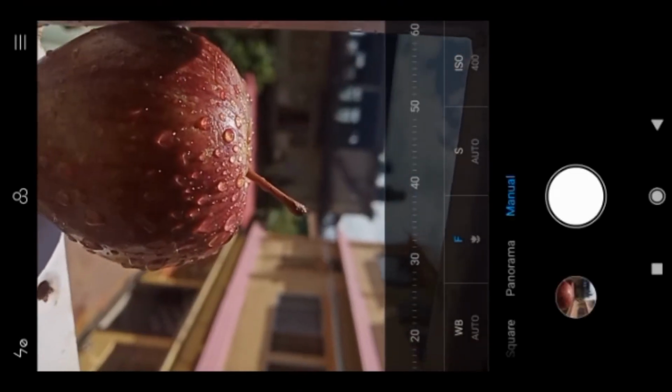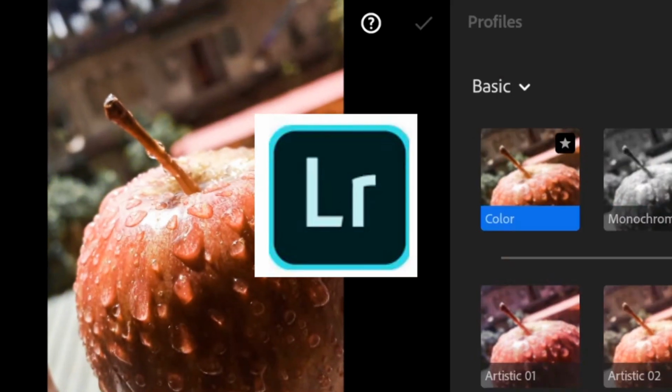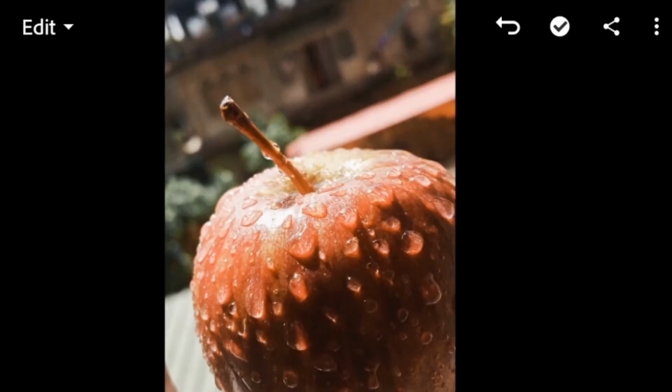So guys, this story is all about 2 days ago when I clicked a photo of an Apple, this one, and I was chilling and trying to edit this in a creative way so that it looks more dope. So as always, I first imported this photo to Snapseed and then Lightroom, but I failed most of the time. I mean, the result which I want, I'm not getting the perfect result.